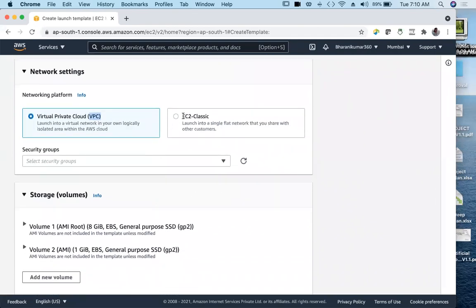We have one more thing called EC2 fleet. The EC2 which we are discussing is regional specific, right? And we have a distributed EC2, which we call EC2 fleet. We will talk about that later. For now, we are going to use VPC and subnet.